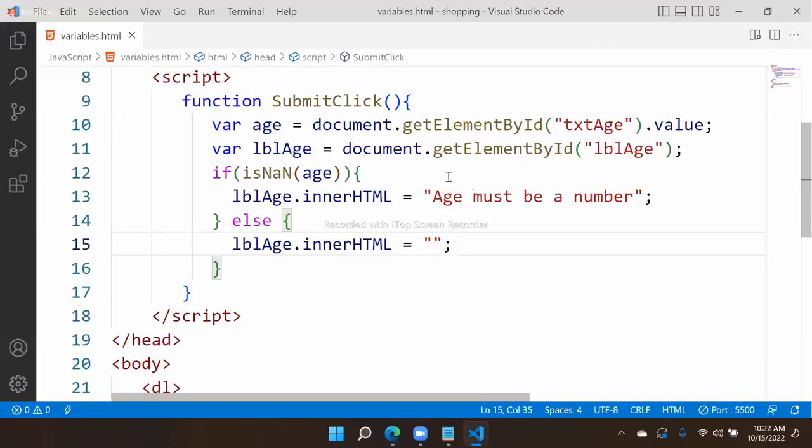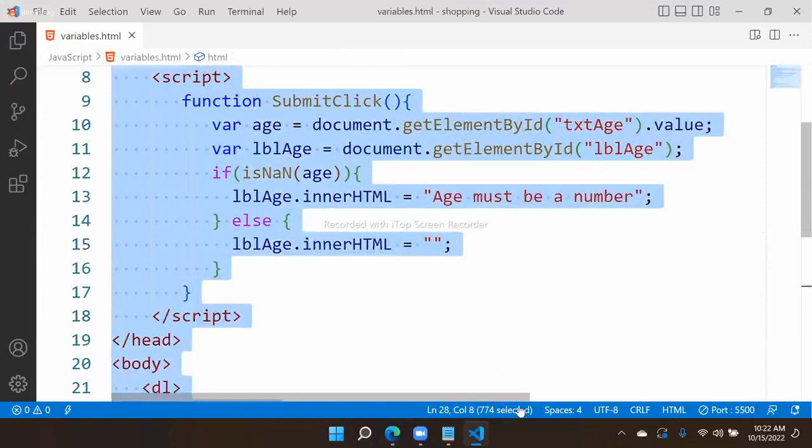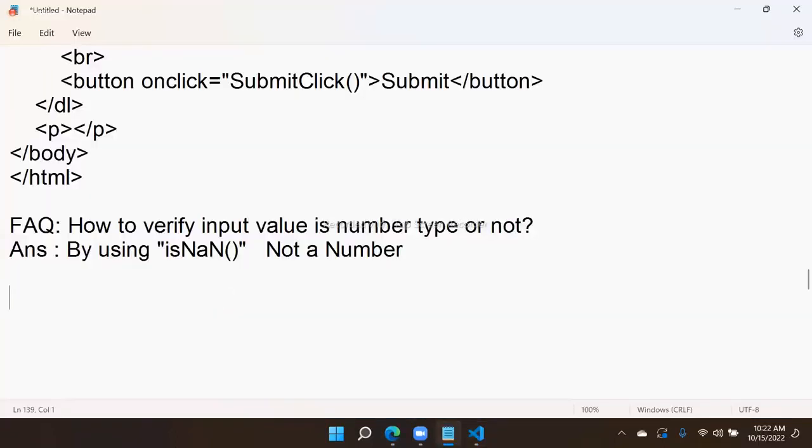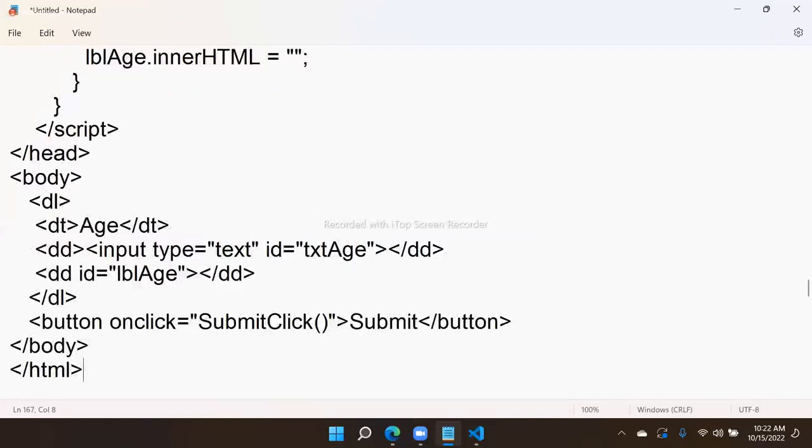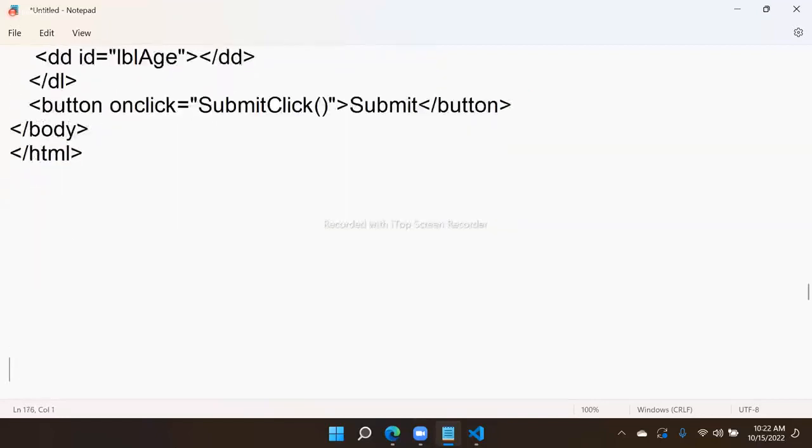So that is how age is configured: for numerical values, we can verify numbers by using isNaN. This is one option, to check whether it is a number or not. In many interviews, questions like this will be given to you. One question is, what will be the result? Here I am using result equals